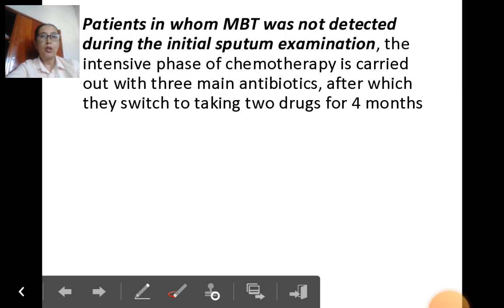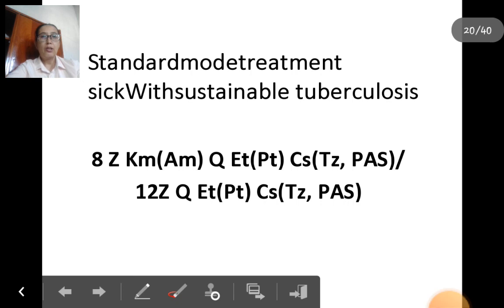Patients in whom Mycobacterium tuberculosis was not detected during the initial sputum examination receive the intensive phase of chemotherapy with 3 main antibiotics, after which they switch to taking two drugs for 4 months. Standard treatment